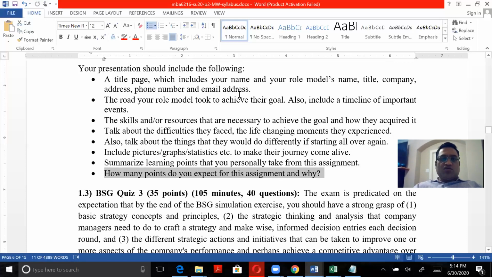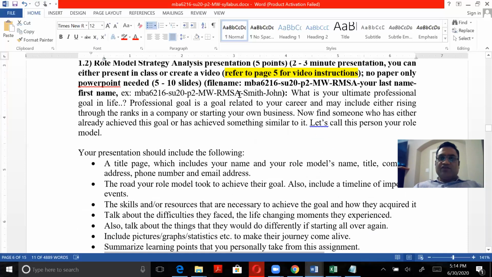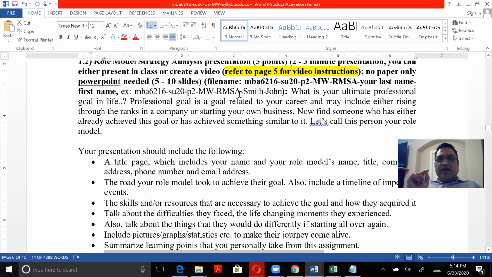So this is about the role model strategy analysis. And again, refer to the syllabus to look at the deadline as to when it is due. Make sure you upload it 30 minutes before the class. And also, if you're doing the video, make sure you upload the PowerPoint plus the YouTube link for that video,